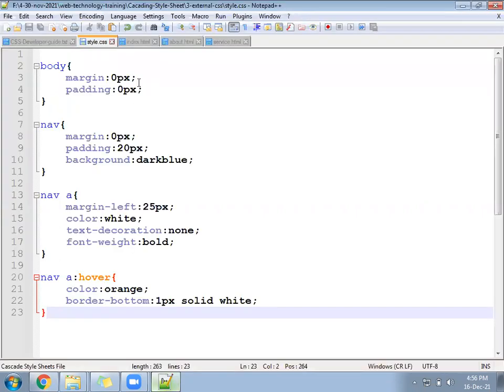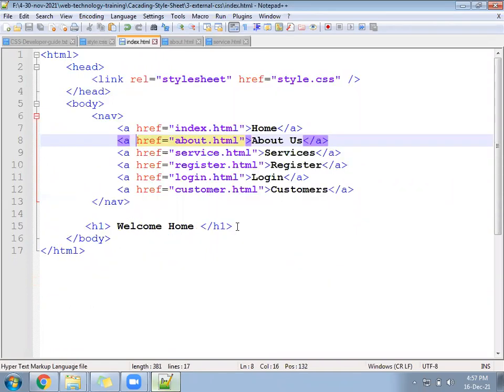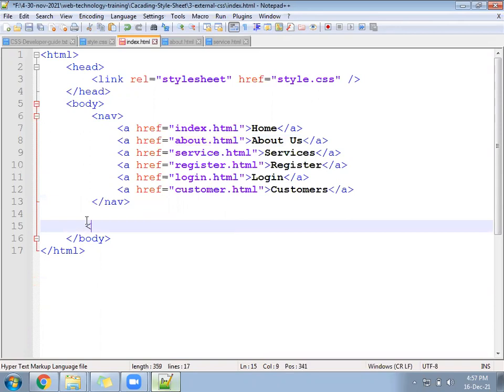So if the CSS part is done, come again to the index file. In the index file, remove the H1, and write a section tag.